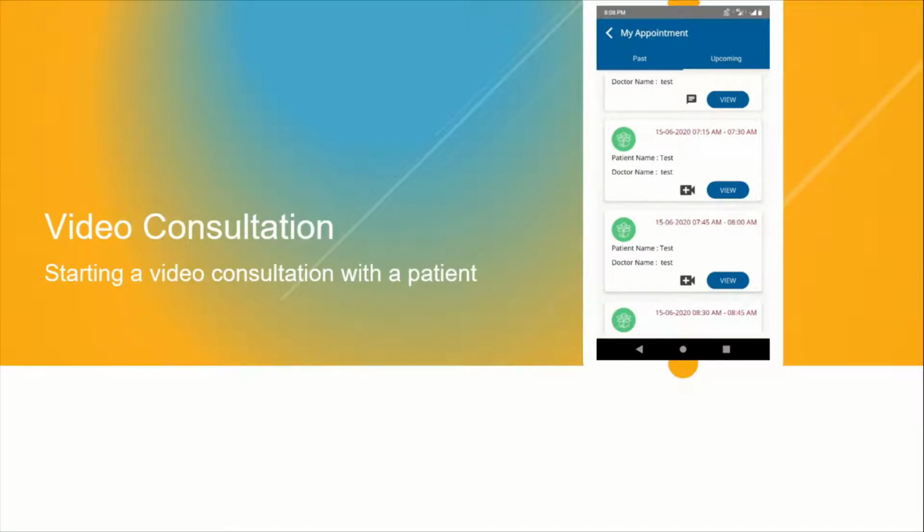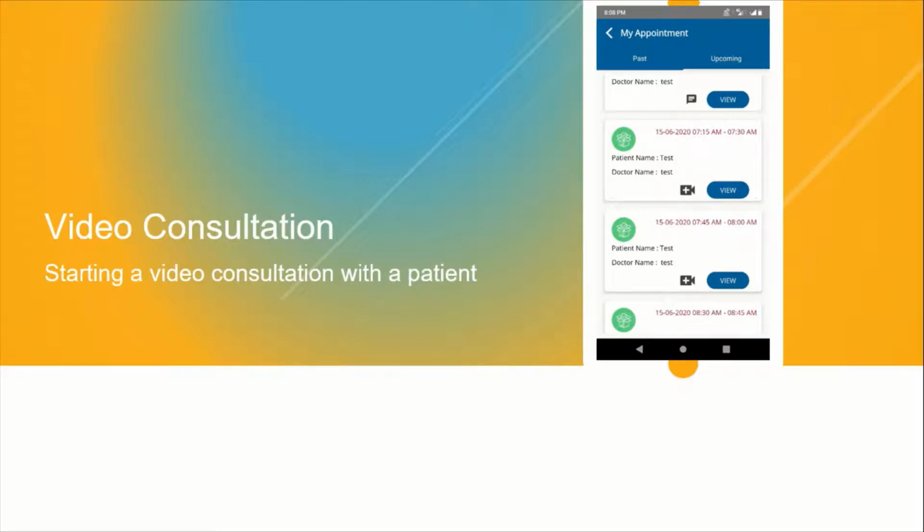When it comes to the consultation, Salvio offers two types of consultation to our patients. One is a video consultation, the other is a chat consultation. Video consultation is similar to Zoom and Skype and other video conferencing tools, where the patient and doctor will engage in a video conversation. With the chat consultation, the patient and the doctor will engage in a chat conversation which is inbuilt in the Salvio app. The patient will be able to ask questions and the doctor will be able to answer them. It'll go on a chat thread. So this is about the chat and the video consultation.